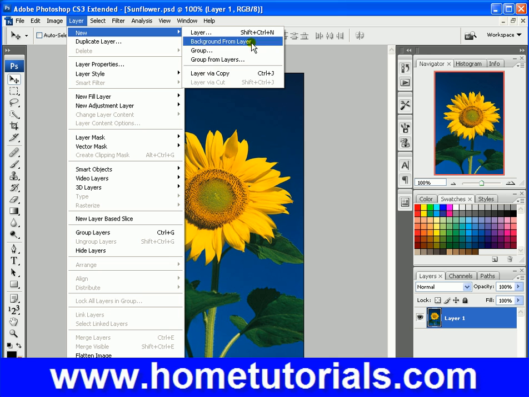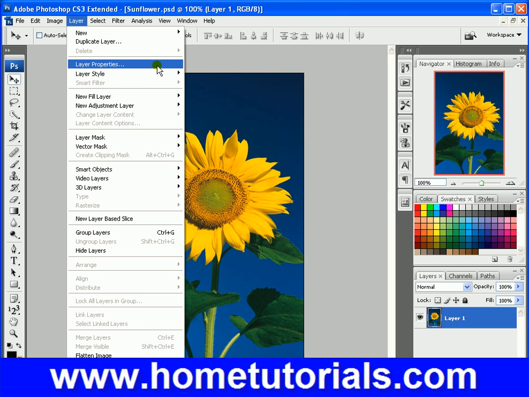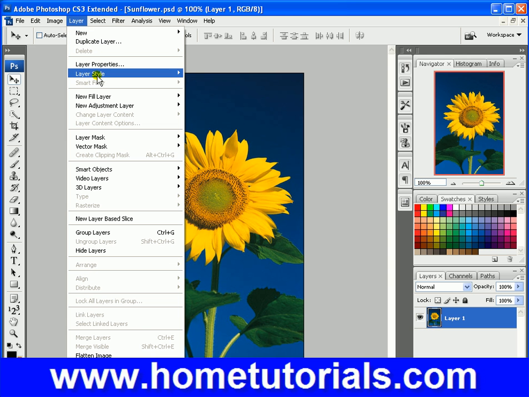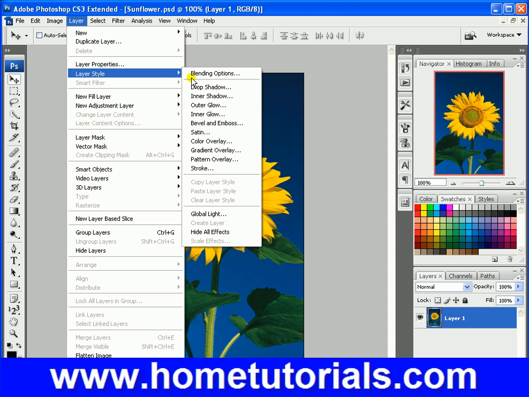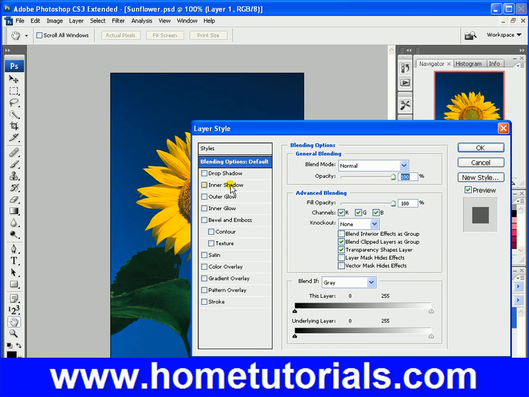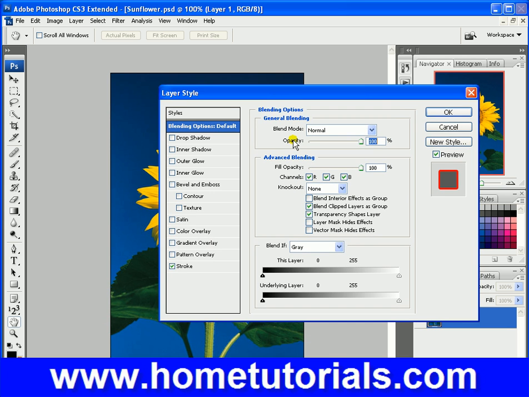We can group the layers so that way you can modify them all at the same time. Layer properties, fairly simplistic there. Layer style. Well, let's take a look at some of the layer styles here. I know we've gotten into this a little bit before, but let's go into some. Now remember, we did a stroke that wasn't in layer styles. We're able to choose the opacity of the layer, advanced blending,